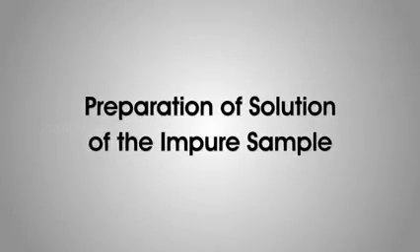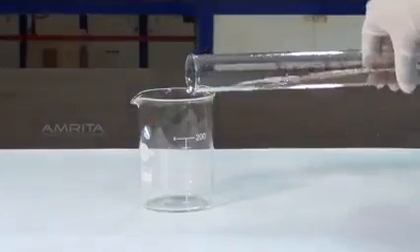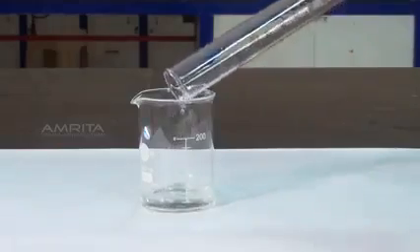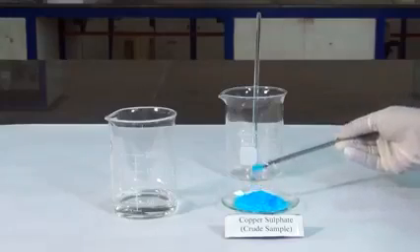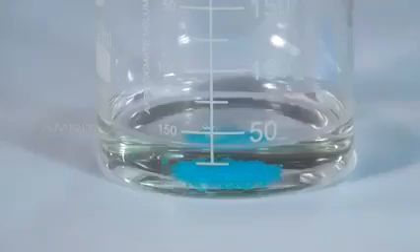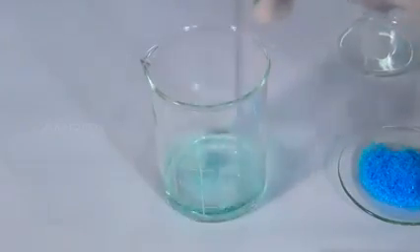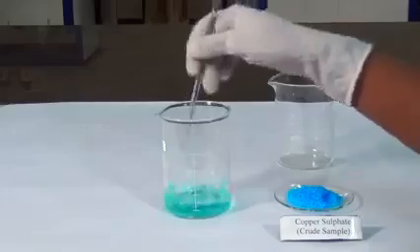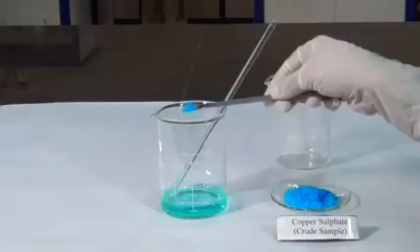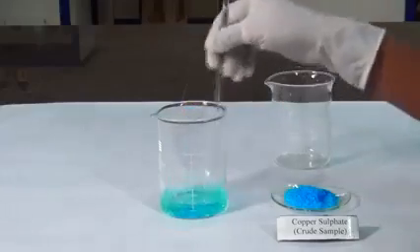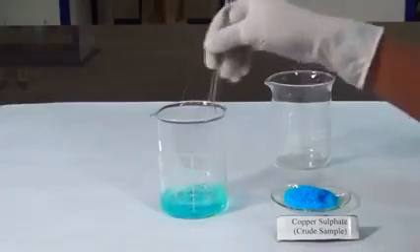Preparation of solution of the impure sample. Take about 30 ml of distilled water in a beaker. To this, add powdered crude sample of copper sulphate using a spatula. Stir the solution gently with the glass rod so that the powder dissolves. Add the powdered sample several times till a little of it remains undissolved in the beaker, even if it is